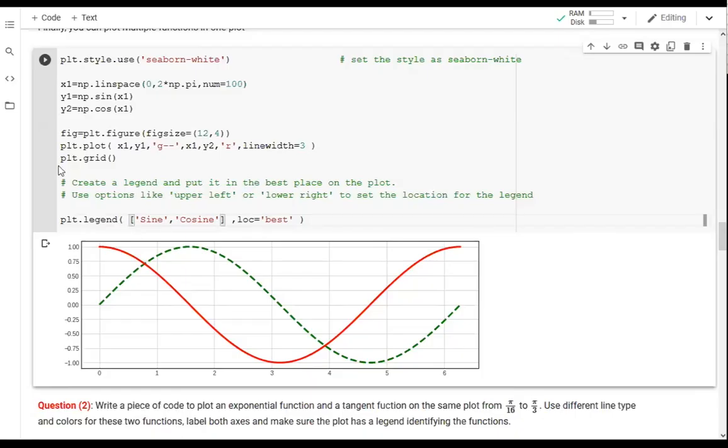So the first one was sine, so I named it sine. Again, keep in mind it's a string value, a name in quotation marks. Then the second one was cosine, so the label for the second one is cosine. If you had more, you could just keep adding labels. And loc, which stands for location, I said put it in the best location possible. You decide where to put it. If I run this,